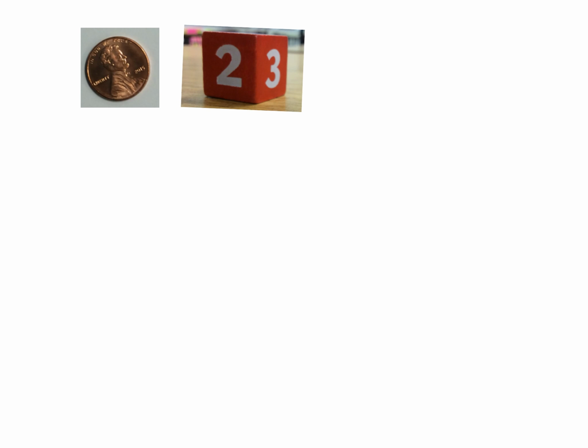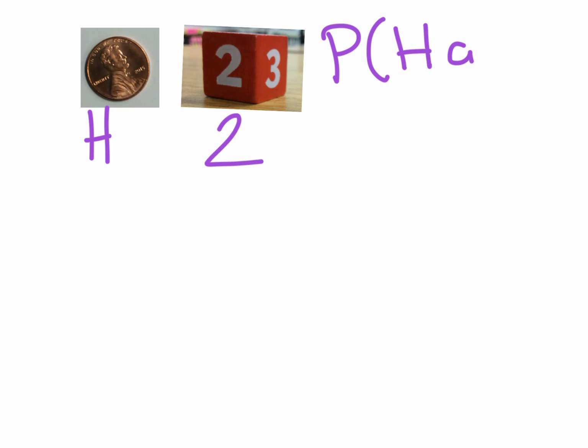All right, so here are our cube and our penny. So let's talk about that situation. Let's talk about getting heads and getting a 2. So we're talking about the probability of heads and a 2. So sometimes when we have combinations, it is easy to make an organized list, or sometimes it's easy to make a